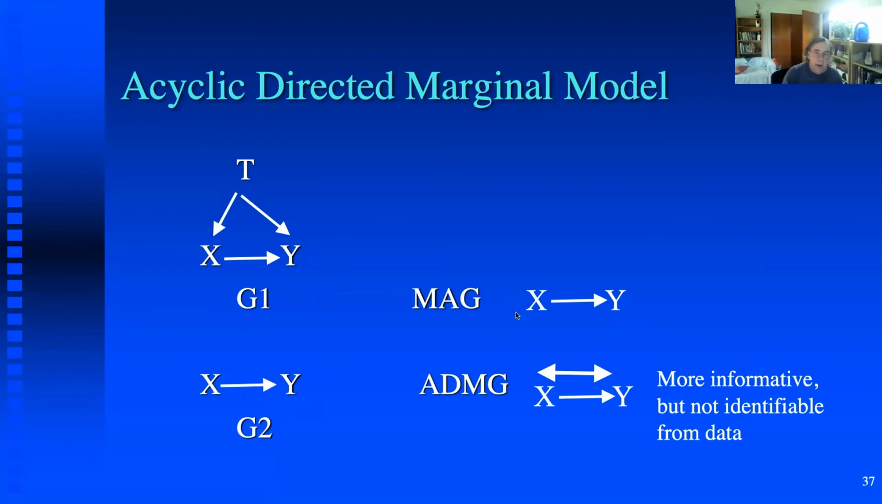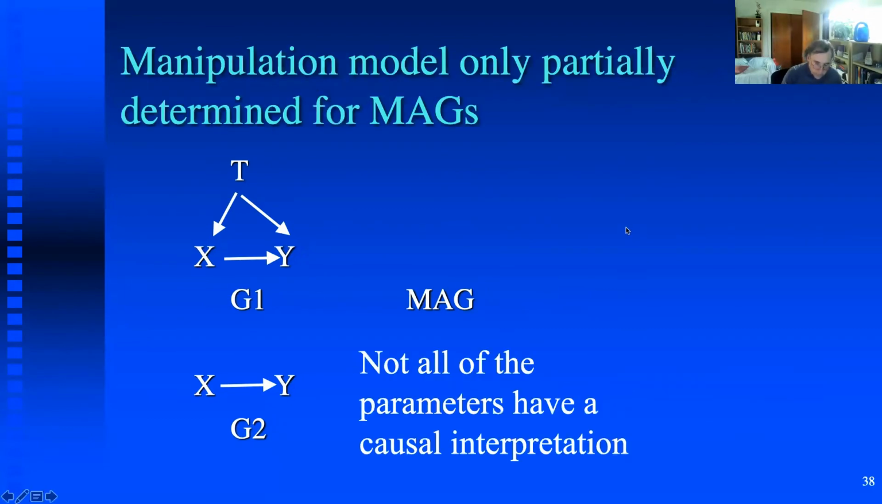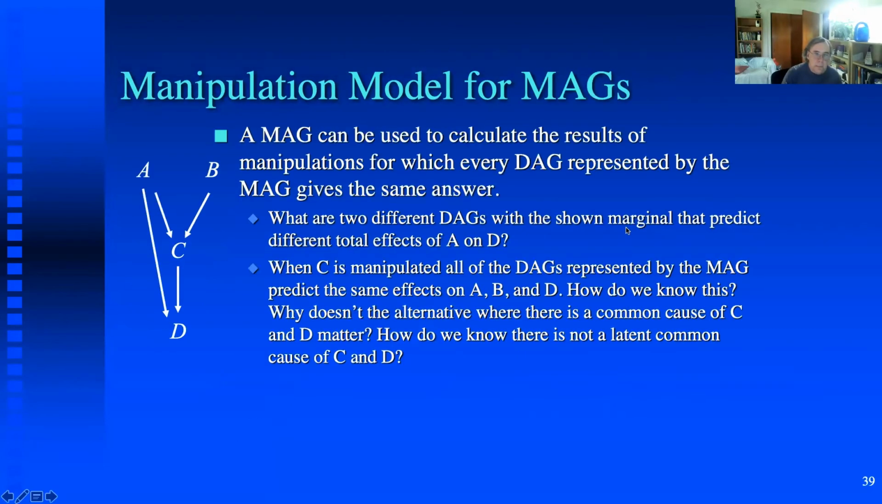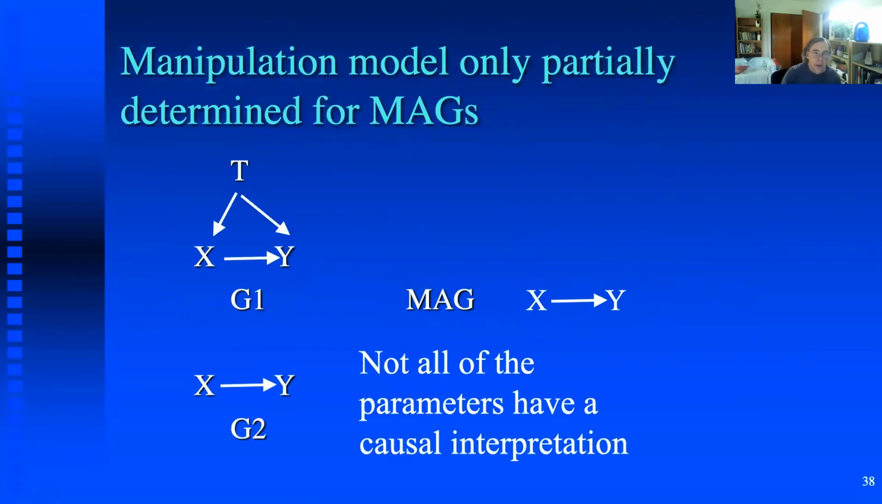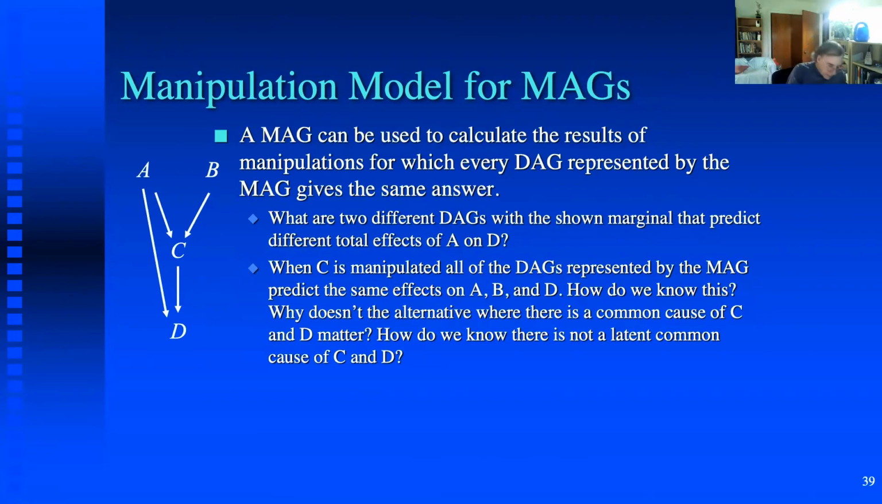Now, MAGs are not quite identifiable because in addition to there being multiple DAGs compatible with the same MAG, there are multiple MAGs compatible with the same independence model. And we'll see that in a little bit. So here we are,